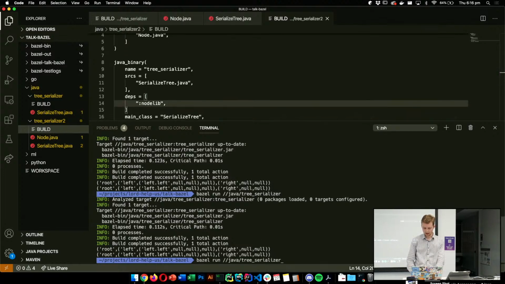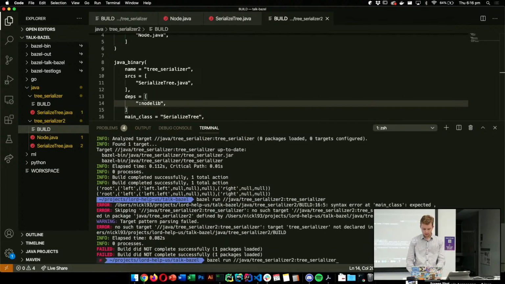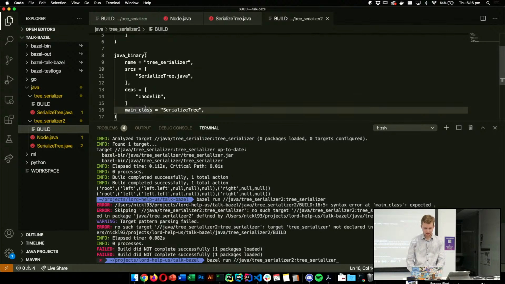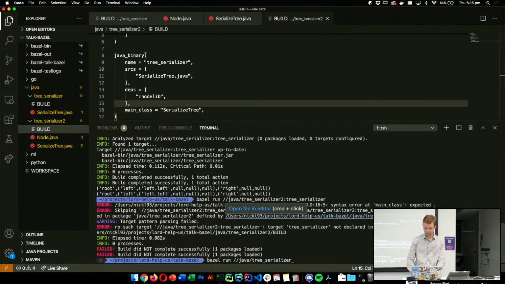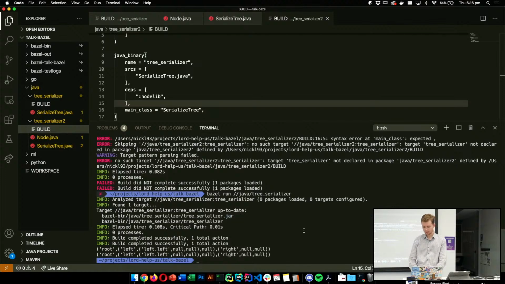And if we run tree serializer 2, tree serializer, okay, so we've got a tree serializer that has a dependency. All right,